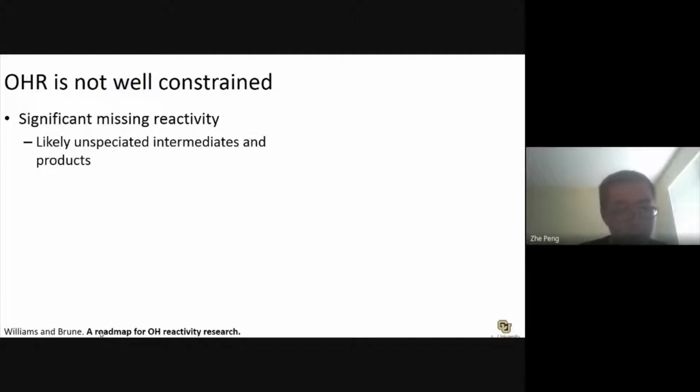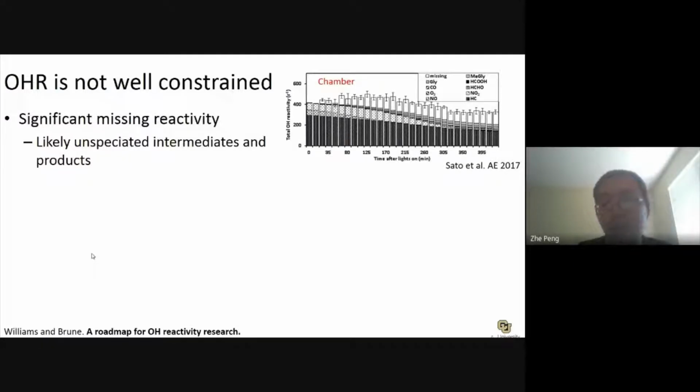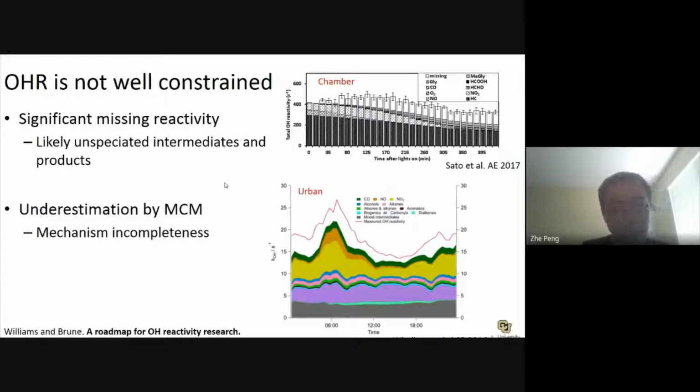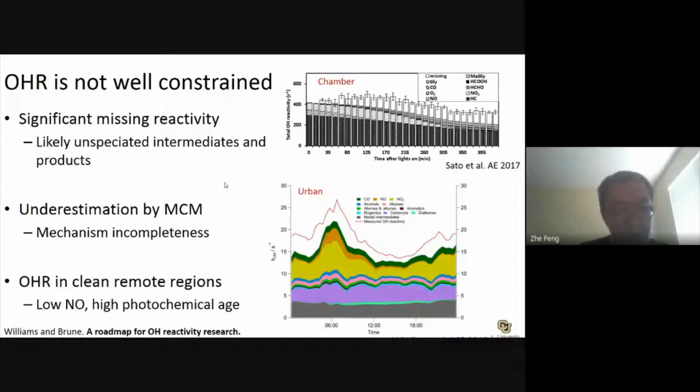This perspective paper by Williams and Brune pointed out several things that need to be addressed in OHR research. First, there's significant missing OH reactivity, which is the part of OH reactivity unaccounted for by the chemically speciated components. And this missing reactivity cannot even be recovered by a model as explicit as MCM. And the third point is OHR research is really needed for clean remote regions where NO is very low and photochemical ages are high. To address these points,